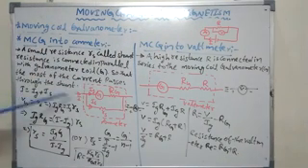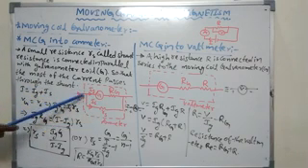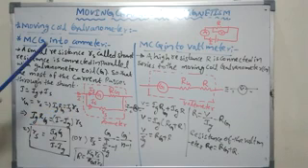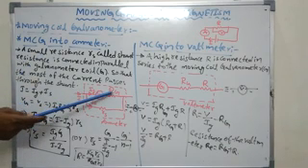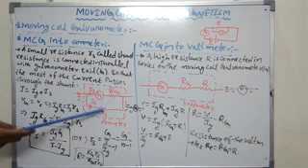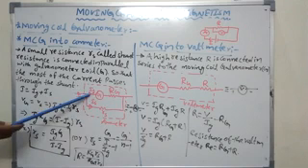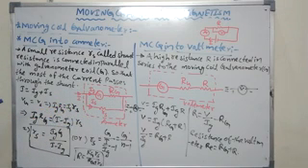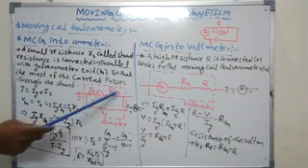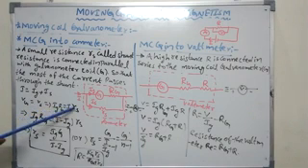Now, what is the total current in the circuit? Ig plus Is, divided into Ig and Is, through Rg and Rs, the resistance of the galvanometer and the resistance of the shunt, connected in parallel. When resistors are connected in parallel, which one is constant? The potential difference across Rg and across Rs is the same. That is, Ig into Rg is equal to Is into Rs, since potential difference is nothing but IR.